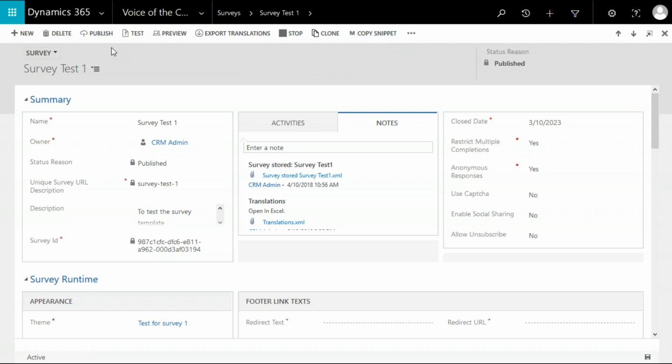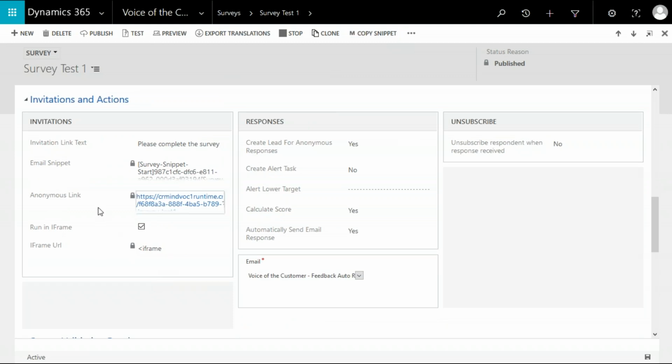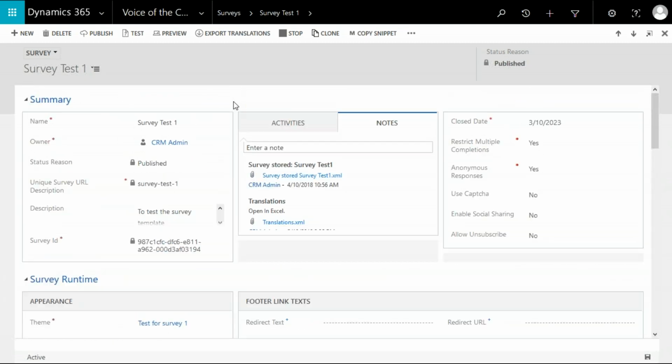And as we just saw, under the invitations and actions section, you are able to see the invitation link text as well. So this one would be entered and you would be able to provide it to your customer. Once you have sent this to your customers, then you can wait for your responses. Or once you have designed this survey,